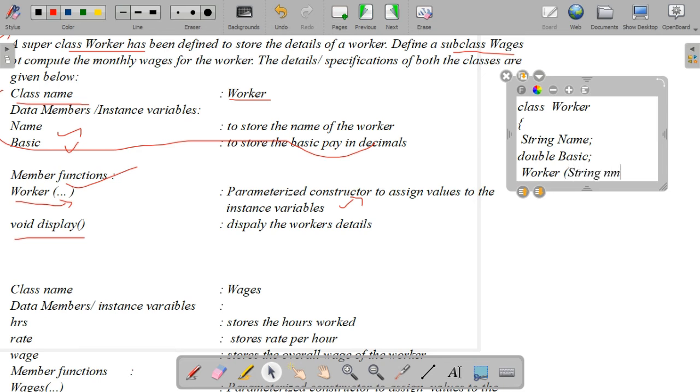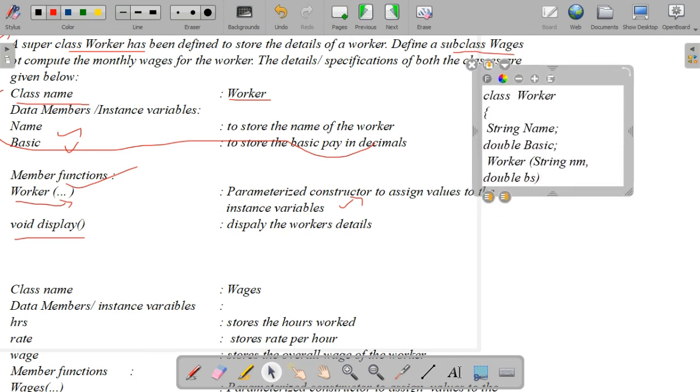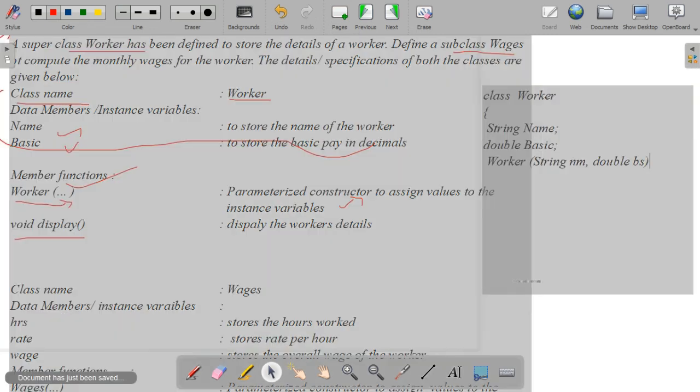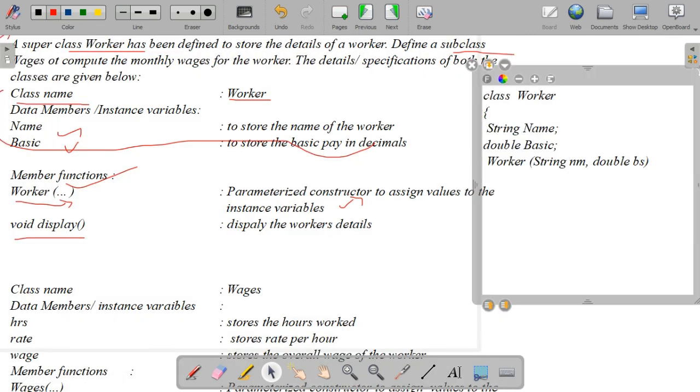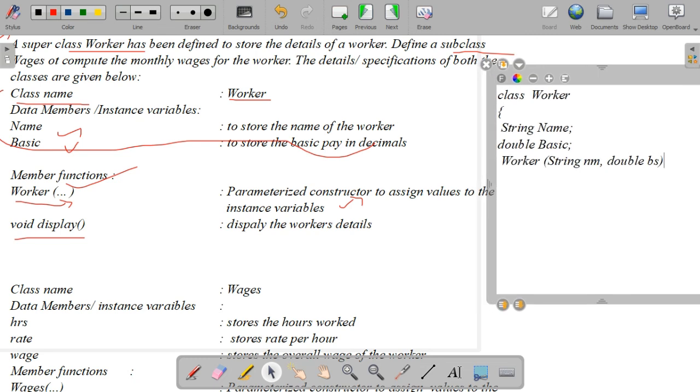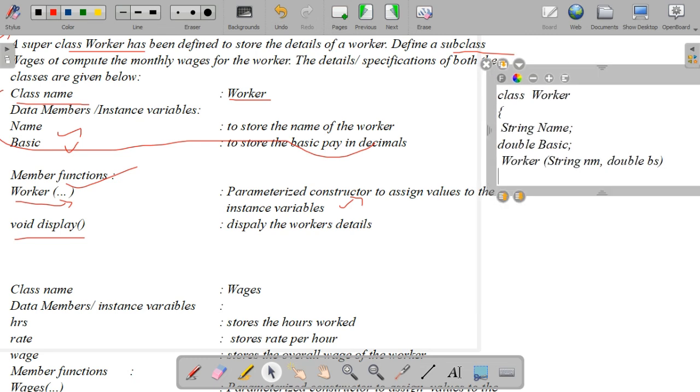The next one is the method, the member function, worker of. We have to pass 2 parameters, because it is a parameterized constructor. So I am giving string nm for name and double bs for basic.